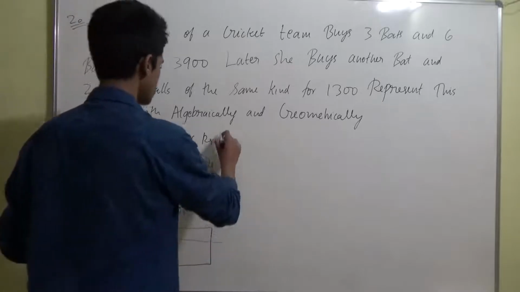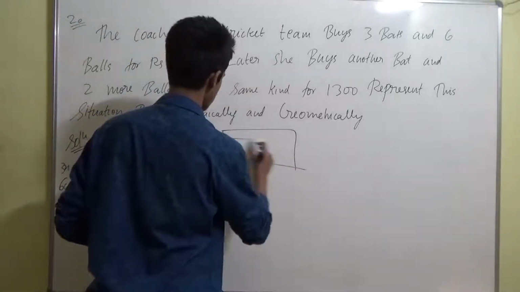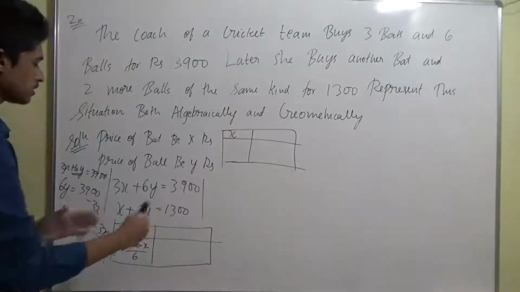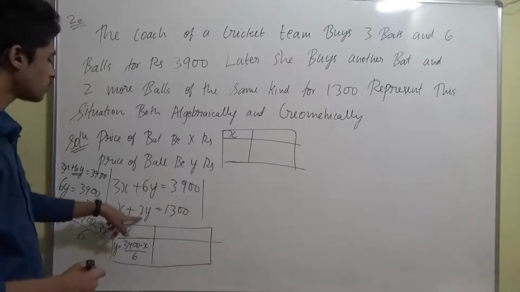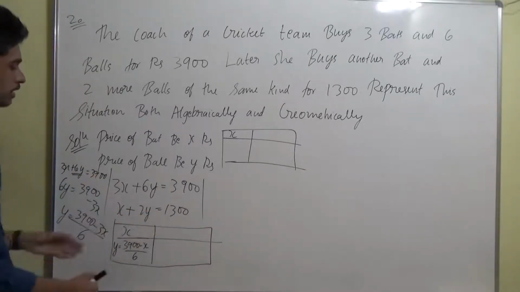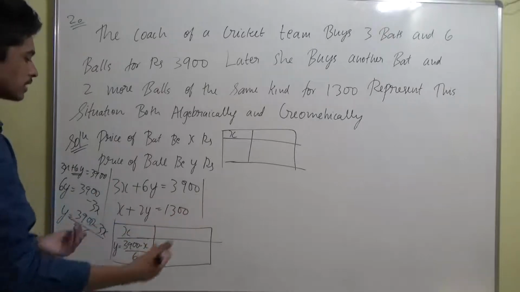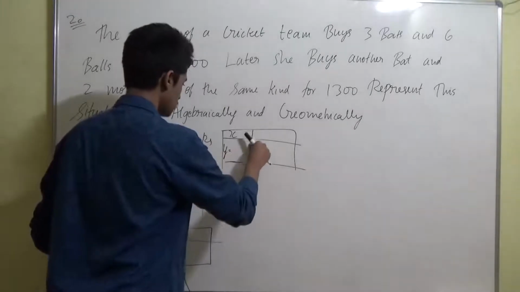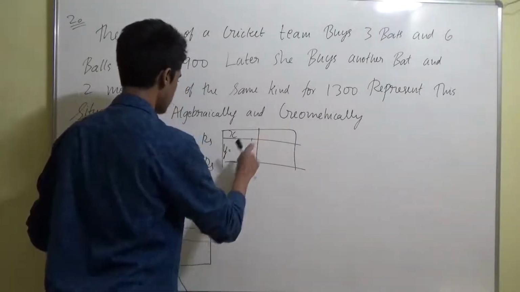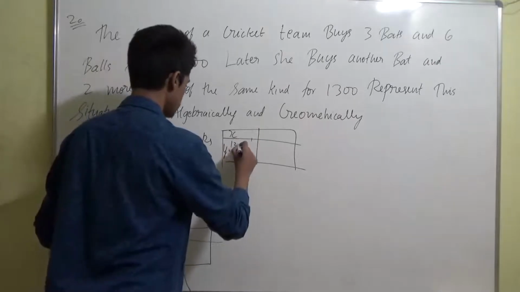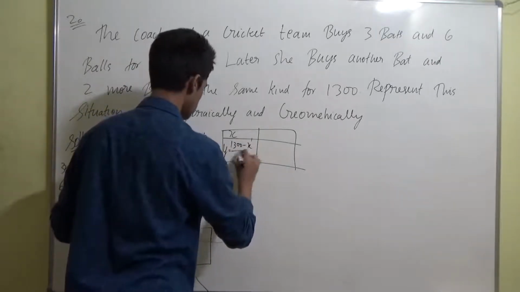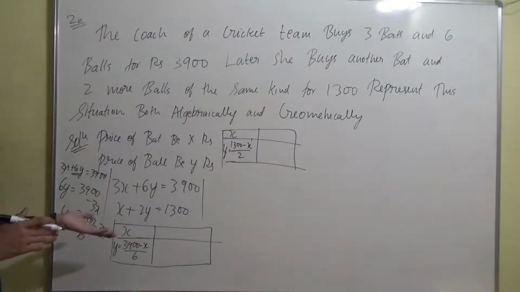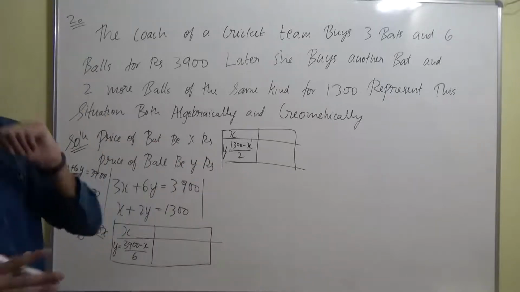For the second equation, let's do it here. Let's keep this for x, because for x even a small space is enough, but for y we need a bit larger space since it's going to come in fraction. So for the y value, similarly if you do like this for this one, keeping the y term on one side and keeping all other terms on the x side, the value of y will come out to be equal to 1300 minus x by 2. That's it, guys. Now we are going to plug in the value of x and get the value of y, and then we can plot it in the graph.